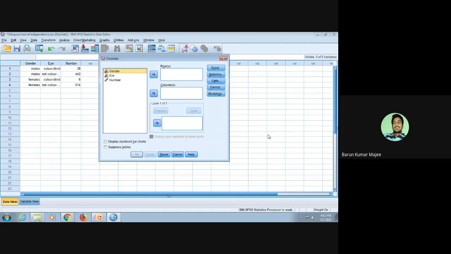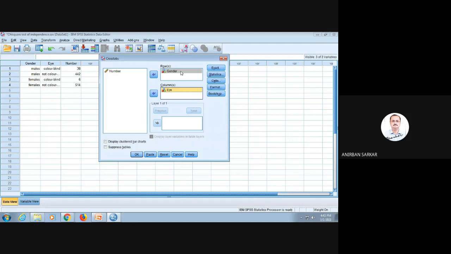Yes, sir. Now what you need to do? Put gender under rows, put eye under columns. When you have done this, click the Statistics button.